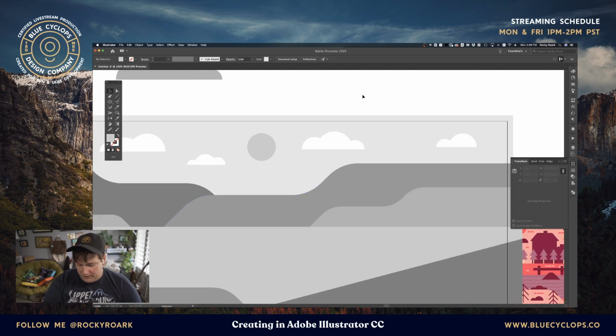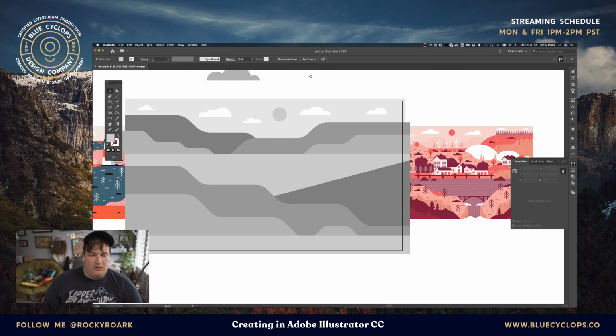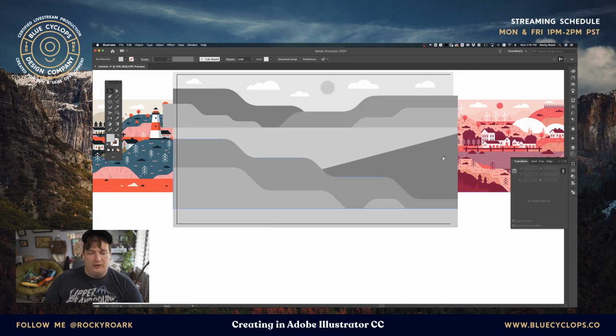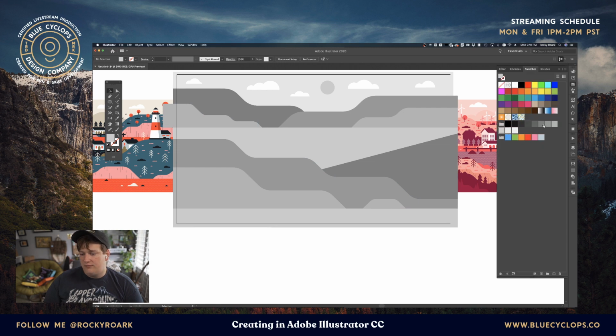Okay, so if we look at this illustration as a whole right now, we have the background, which is this layer, including the water. We have the middle ground, which is this. And then we actually don't have that much of a foreground. I mean, we could say that this part here is the background, and this is the foreground. But I actually want to add 1 more layer of complexity to this illustration. So what I'm going to do is add a foreground element. And what that's going to be is something similar to what we have over here. So we're going to grab a darker shade of gray,